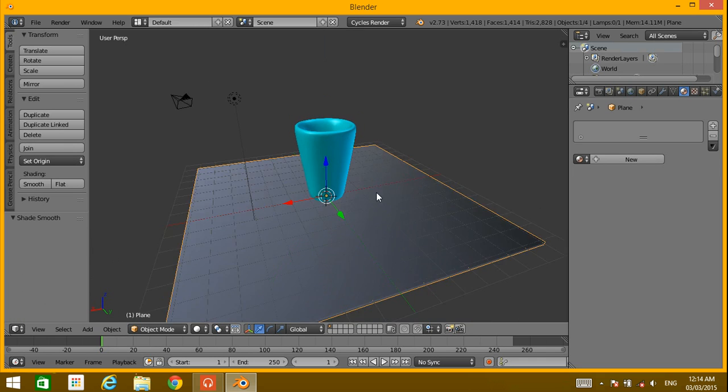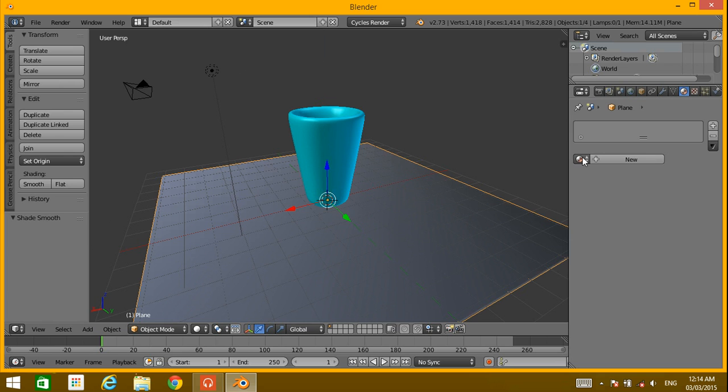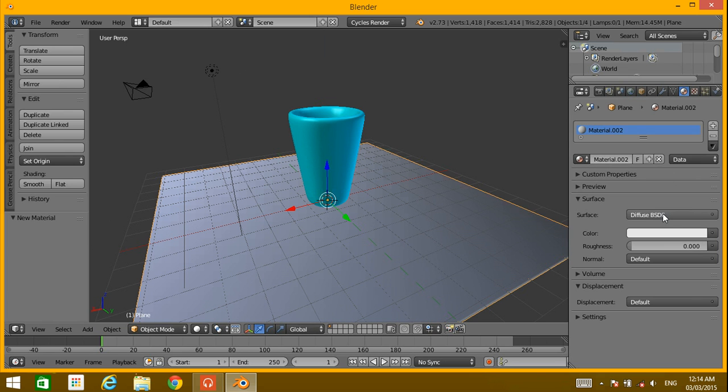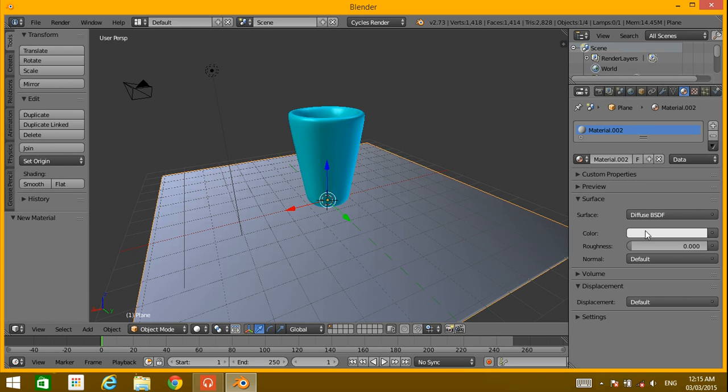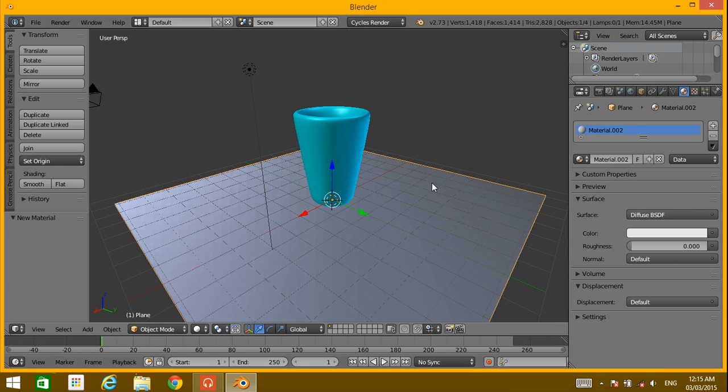Alright, and here we're gonna apply another material, and this time I'm gonna select diffuse BSDF. Alright, that's gonna work fine.